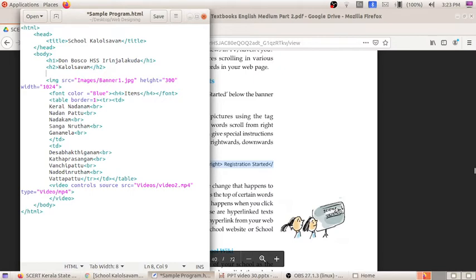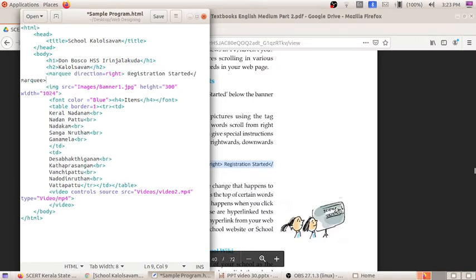You can see over here how to add the marquee text. Here I am going to paste this code. The code is marquee direction equal to right. If you write it with no direction, automatically it will come from the left. For giving a particular direction that you want, you can give marquee direction is equal to right. "Registration started" is the text which we are going to scroll, and after that we can close this tag. So let's see how we can do that.